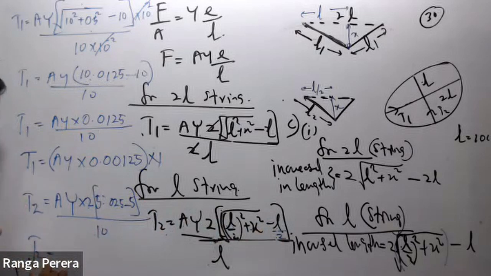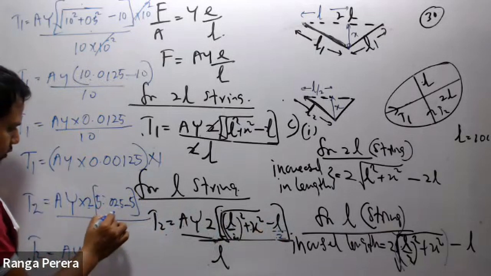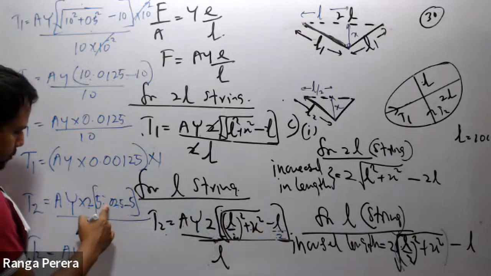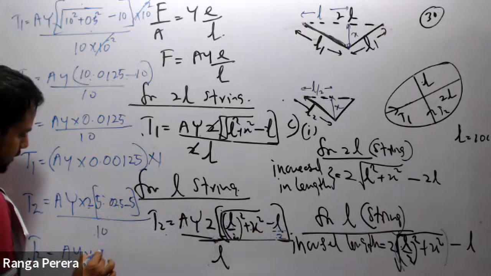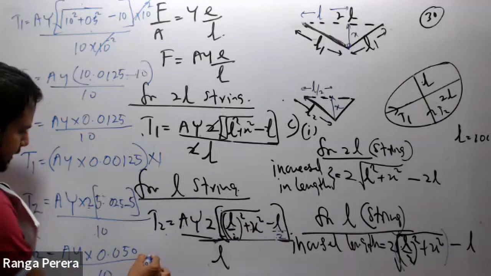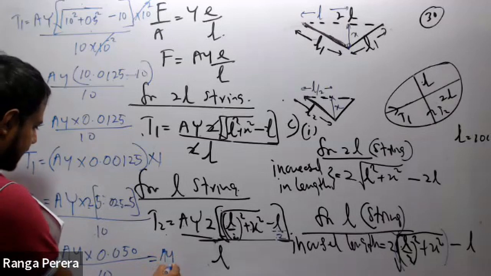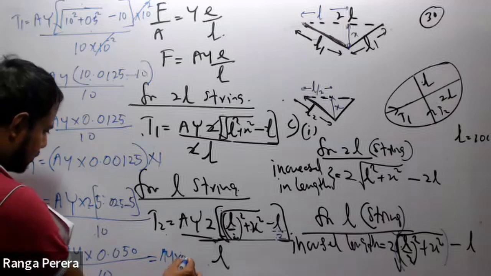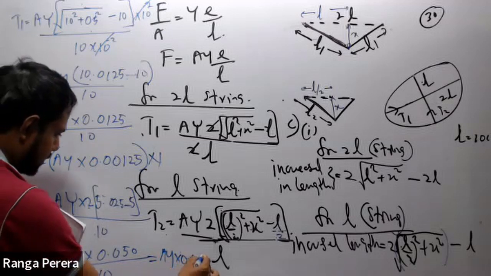So T2 equals AY 2 into 0.25 into 2 means 0.050 divided by 10, which is equal to AY into 0.005